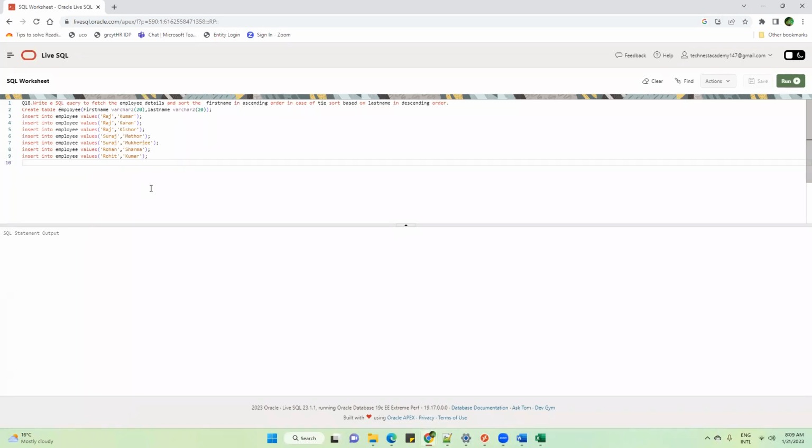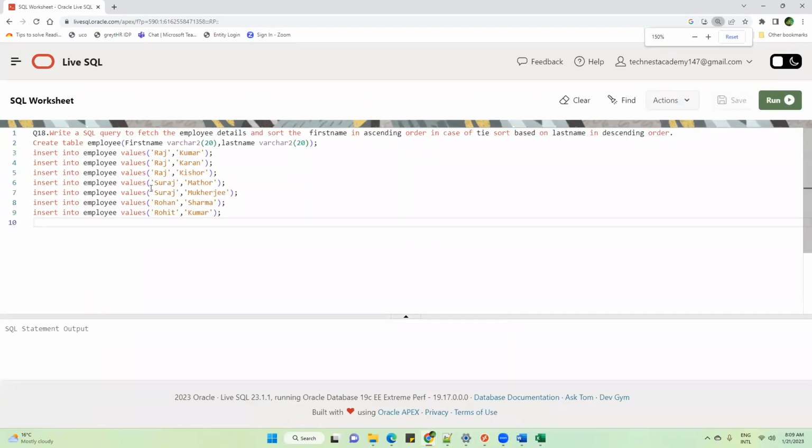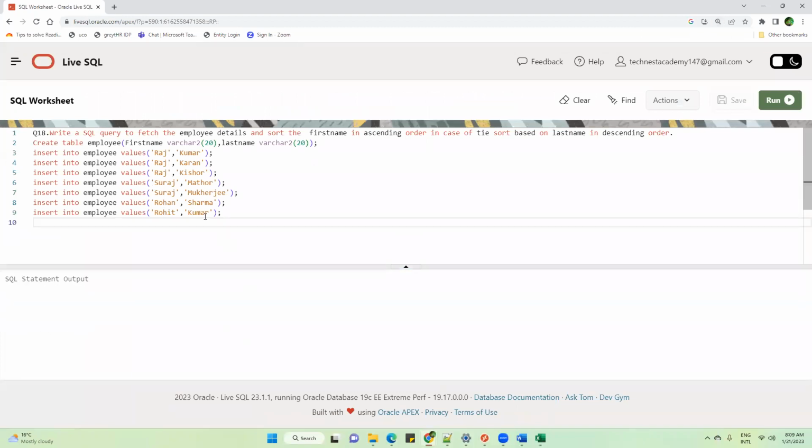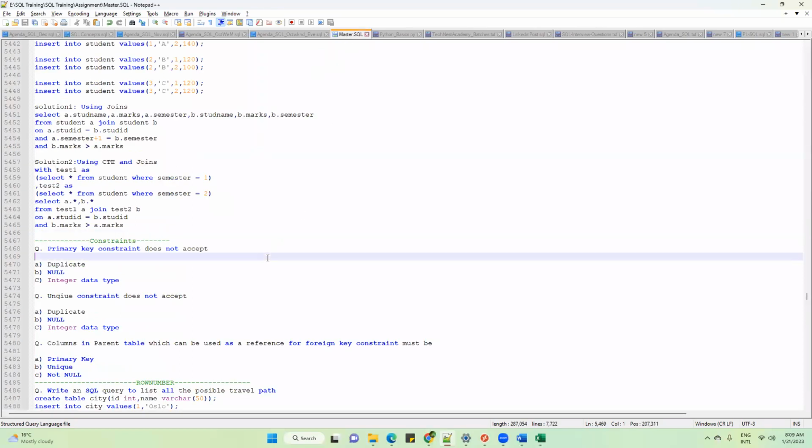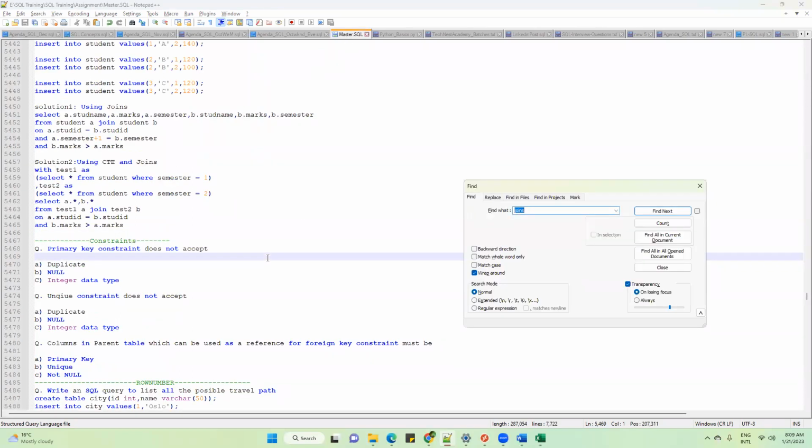Tanvir, we have left this proper case. We have got to know about lower and upper, but how about proper? Proper case, actually, I will show you when I teach you substring and instring. In that, I will tell you how to make it a proper case. Although you have a ready-made function for that, when I teach you substring and instring together, let me show you that. Today only I have given this assignment question.